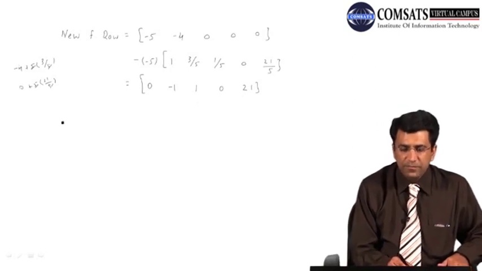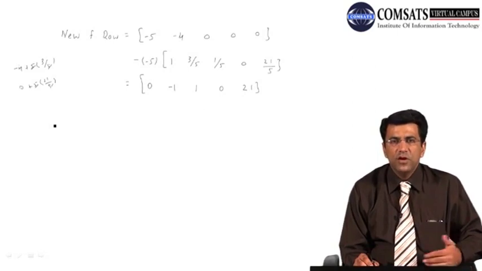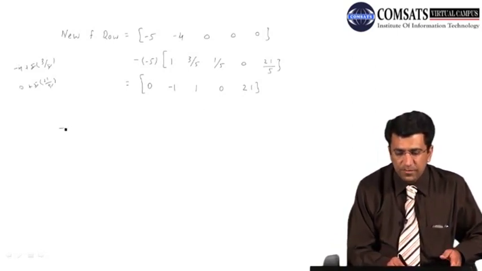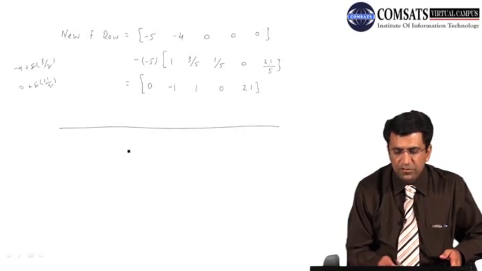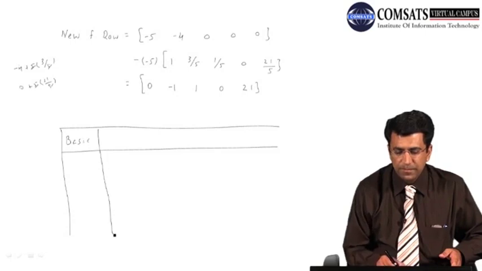Now in the next step, why did we compute all these values? Because we will have to develop another table as the next step. Now suppose we draw the similar table again. Again this column is for basic variables. Here the decision variables will remain the same, that is x1, x2.